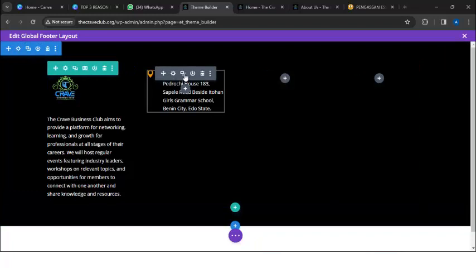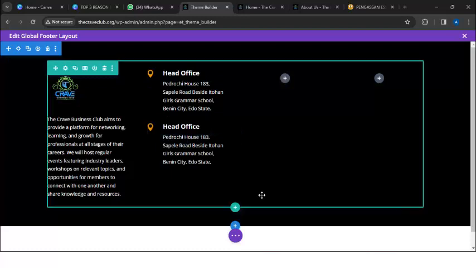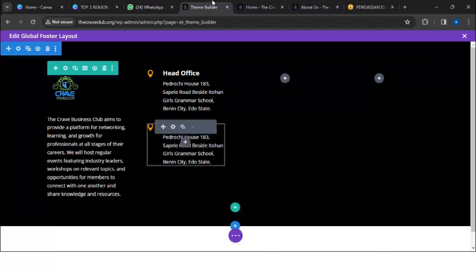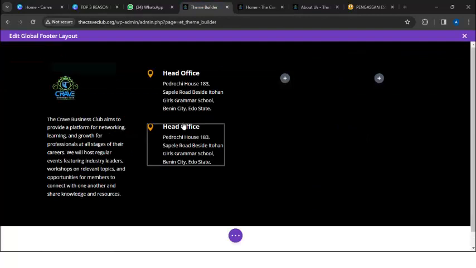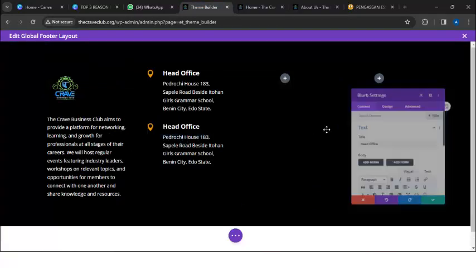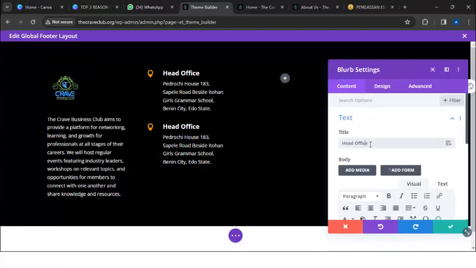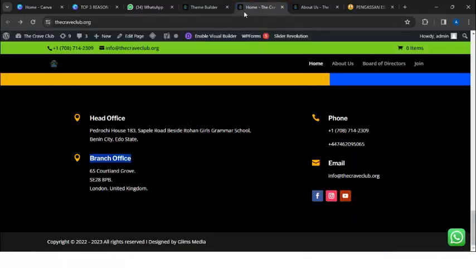So the next thing I'm going to do is to duplicate this particular one here. Can you see? It's very simple. I will duplicate it so that I can have another option there, and I'll go to branch office. I'll copy this one, Ctrl C, and then I'll come here. I'll go to my settings, and then I'll come to this one, Ctrl A, Ctrl V. Can you see it? So I will copy this one too,